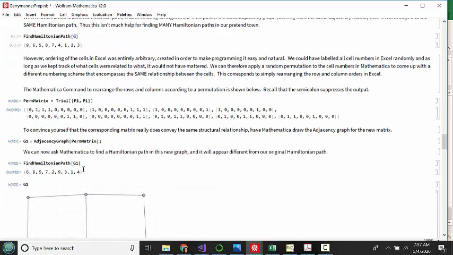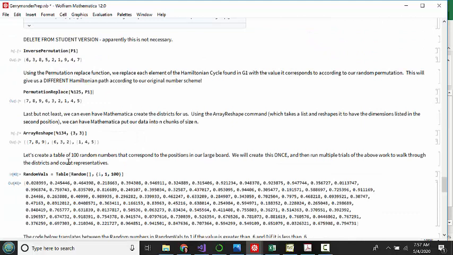And Mathematica has a nice command for replacing things according to a key, which is right here, permutation replace. So what we need to do is take a list where we want to make replacements, and then tell it as the second parameter what replacements to make. Now P1 is the list of replacements to make,